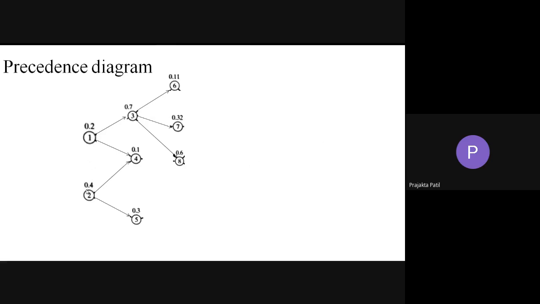Whenever you have no precedence, suppose only one had no precedence needed, then only one would have been written. If two needed one to be completed, then two would be somewhere in front of one. But here in the problem statement, one and two both don't need it. Basically, what we prefer is to have them one below the other, just to have uniformity and neatness in the diagram.